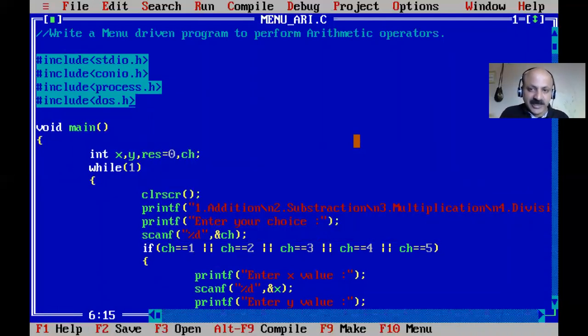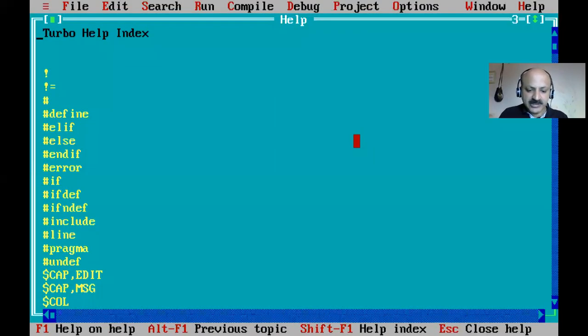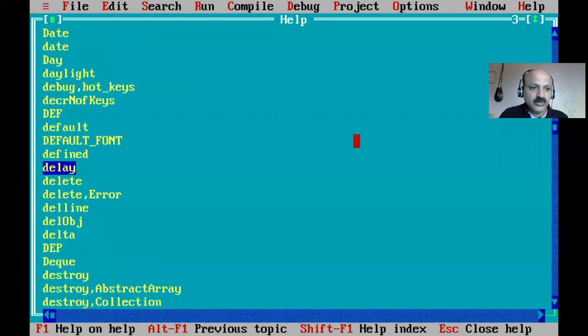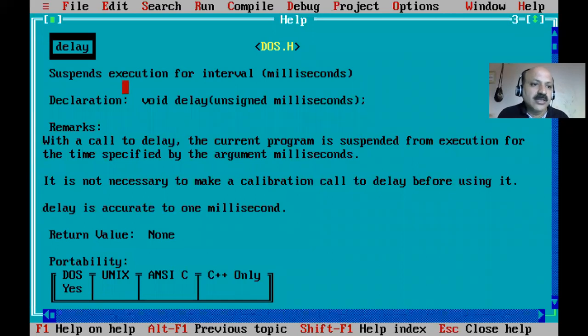And alt-H for help, menu index, and I just press delay, so we can see what it is used for: the delay function suspends execution for an interval in milliseconds, return type void, and the argument is unsigned. Unsigned integer, like our memory address, is unsigned, and we can print our memory address with percent u.